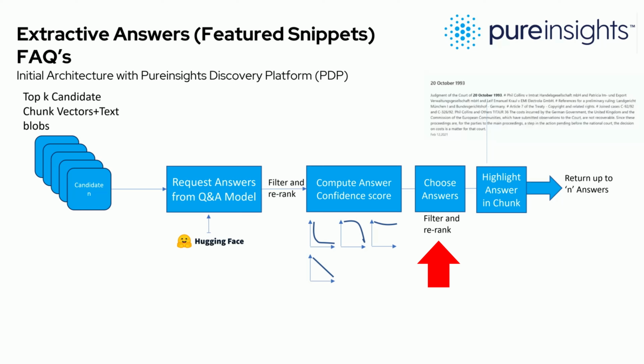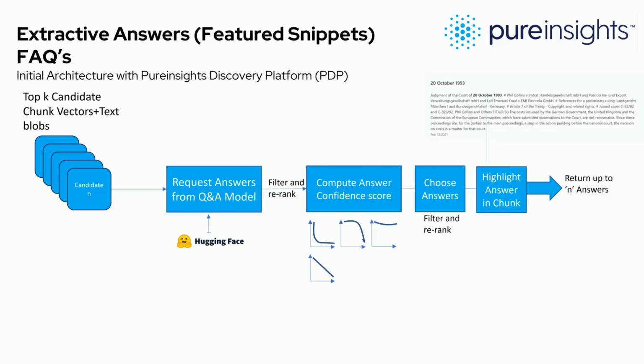It might use even things like document authority models, author models, and various other pieces of information to say, okay, if we get an answer from this author, then we are more confident than if we get an answer from this other author. Or if we've got an answer from a highly authoritative piece of content, highly trusted, highly used, highly cited, then we can be more confident about that answer than if we get the answer from a temp file. And I realize that's a silly scenario, but you can imagine potentially getting an answer from a very unauthoritative document, in which case you might not want to produce that answer.